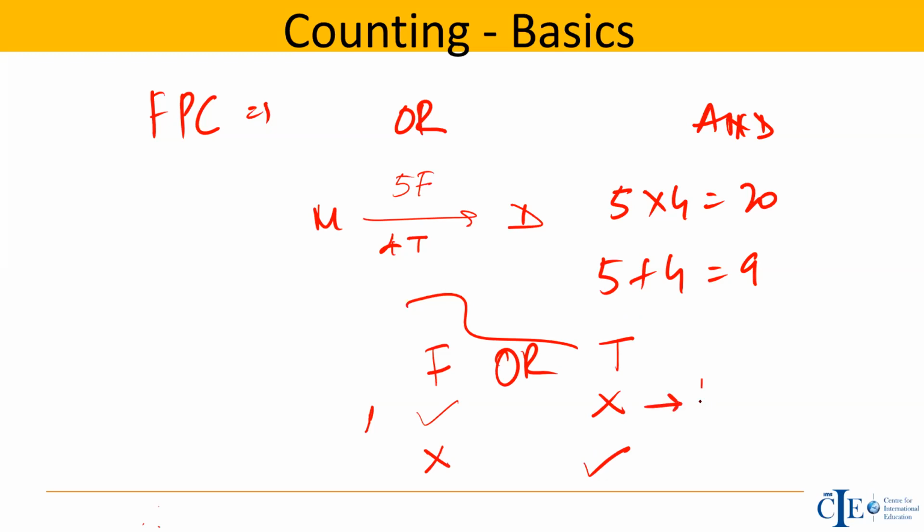If it's flight, there are 5 ways. If it's train, there are 4 options. So in all, he'll have a total of 9. There are 9 modes of travel possible for him. He has to pick one of them, and that's why the answer would be 9, right? Whereas if the question is,